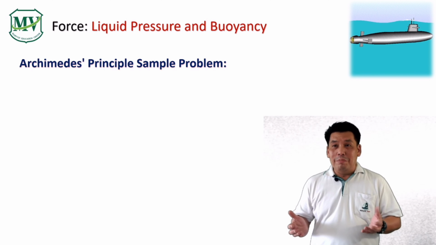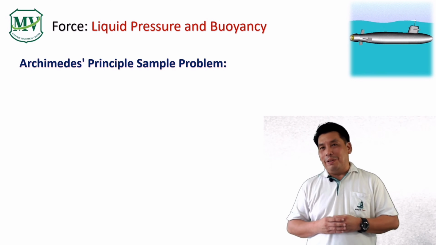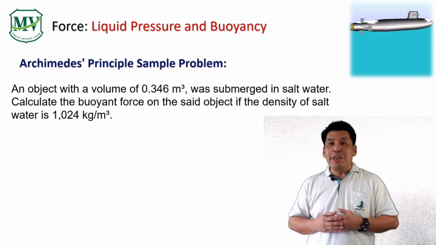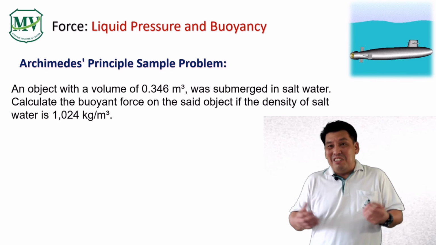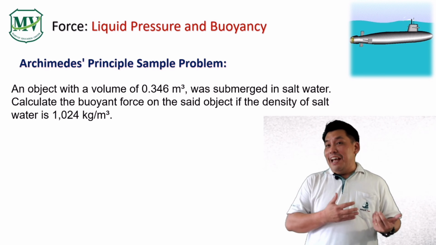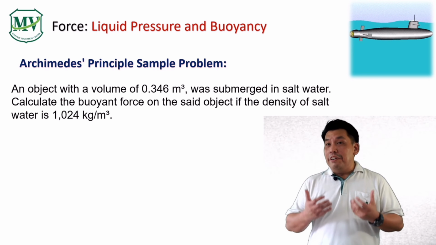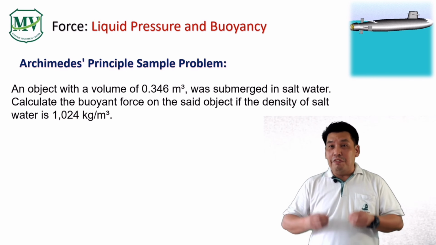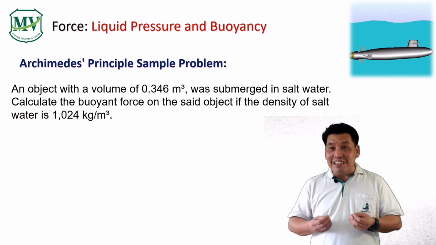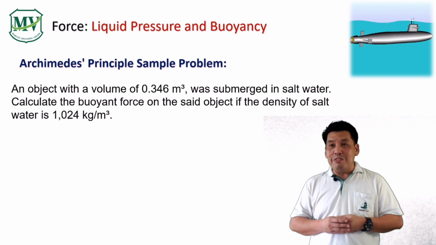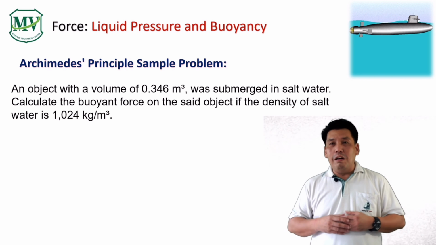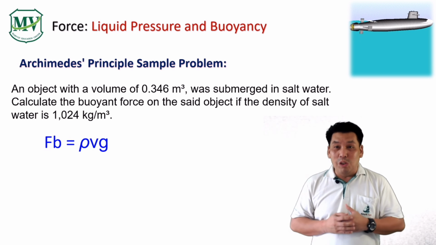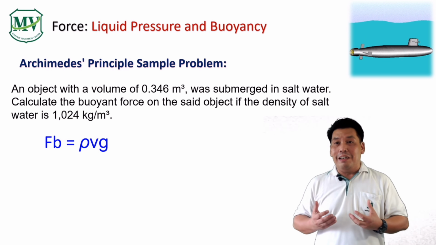Here's a sample problem on the application of the Archimedes principle. Suppose an object with a volume of 0.346 cubic meters, or roughly about the size of, say, about 115 SUV engines. That would be 115 four-cylinder diesel engines with a displacement of 3,000 cc each, kind of like the engine of your Isuzu MU-X or Isuzu D-Max pickup truck, dumped together and then thrown into the ocean. That's how large 0.346 cubic meters